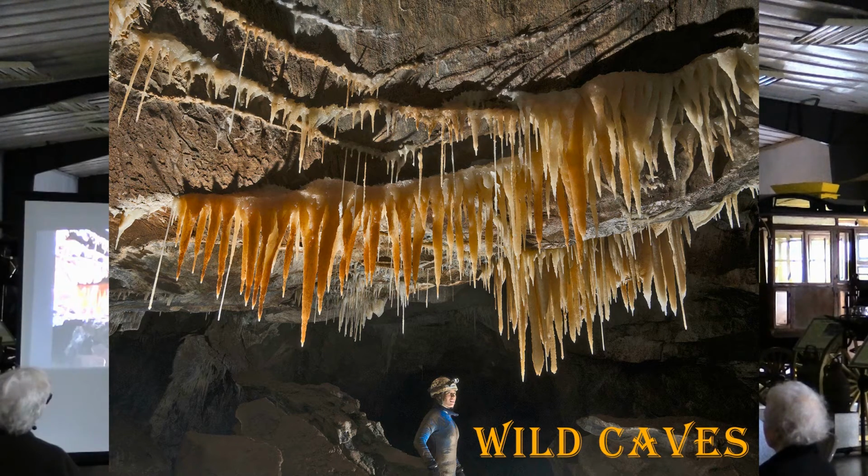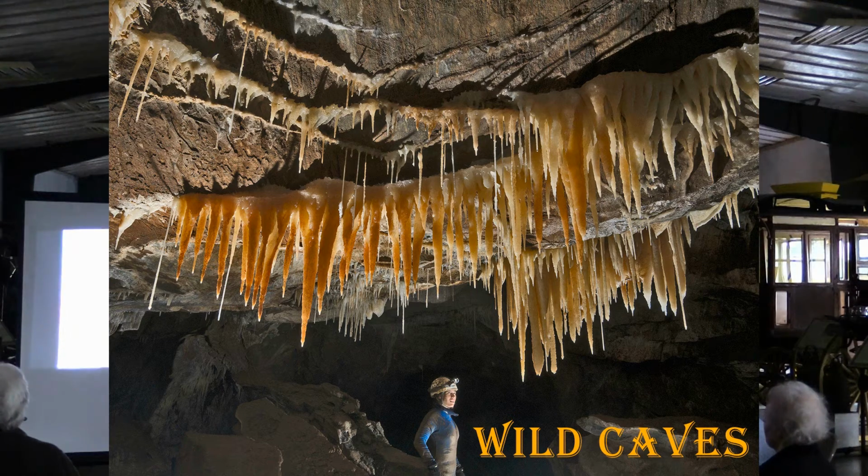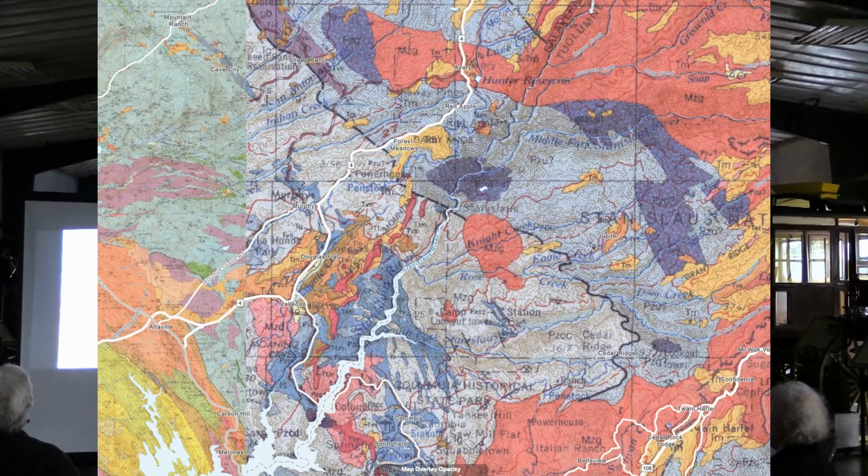So wild caves are basically any cave that doesn't have any improvement made to it. And in our county alone, there's probably at least 150 of these. So, the only thing I'm going to show you about this geology is,